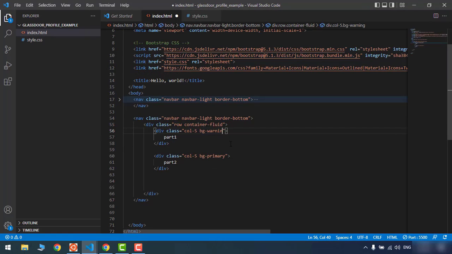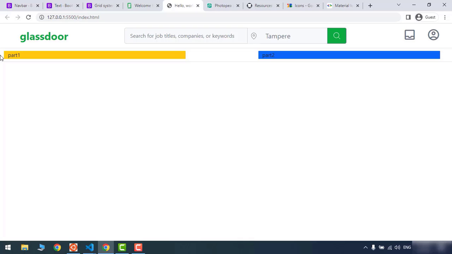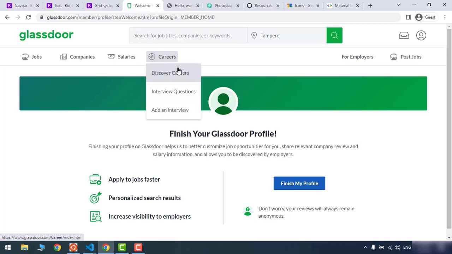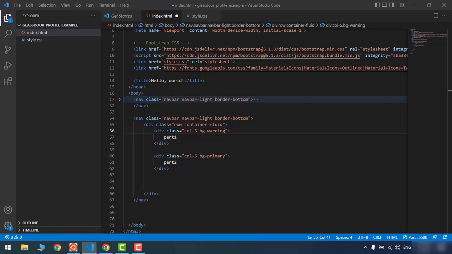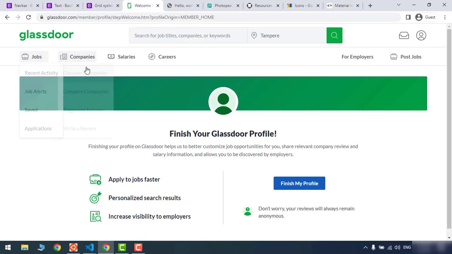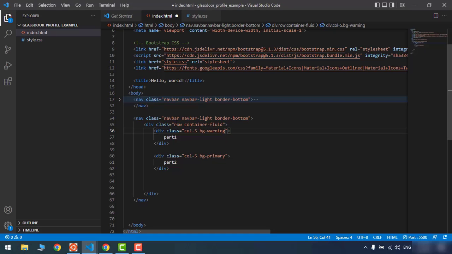Let me get rid of this background. Oh, let's keep it as it is, and then we can remove it at the end. Now, inside the first column, I want to have another row, which includes 4 categories, and basically each of these categories can be a column. So here, instead of this, I can say div, and with the class of row,